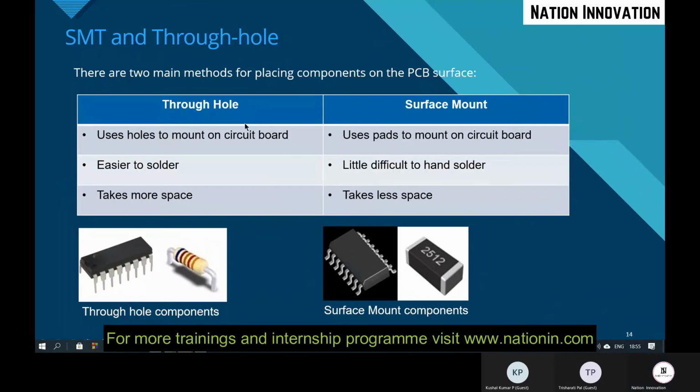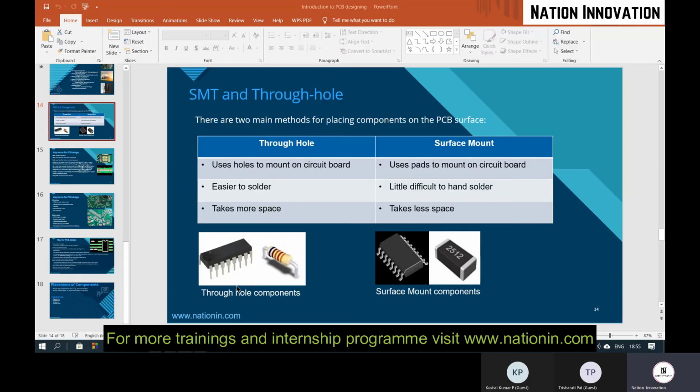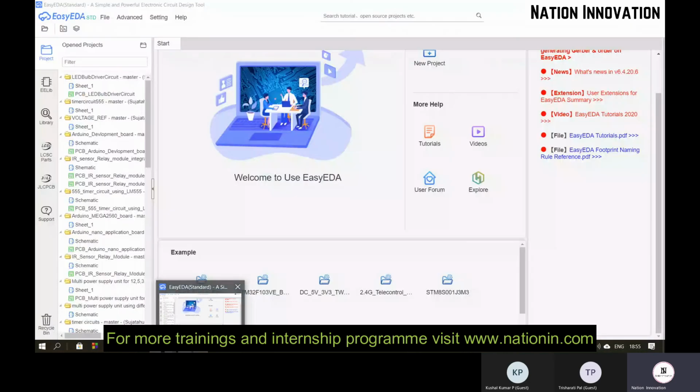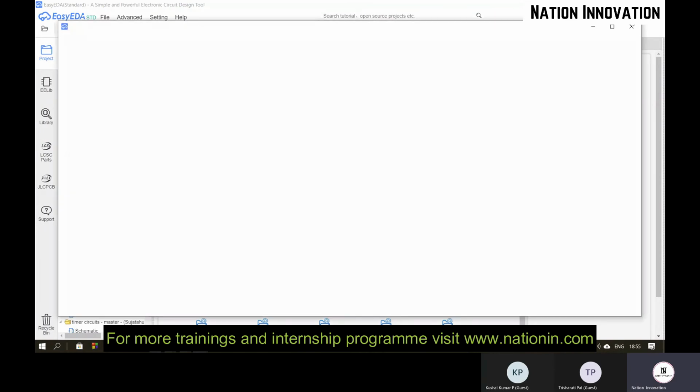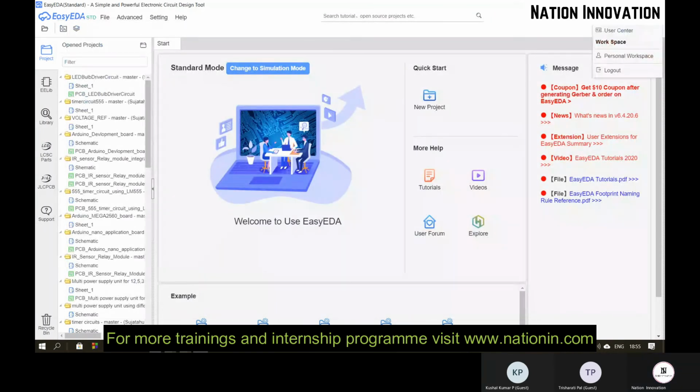So I wanted to teach this after the design part when you start, because you will understand more effectively in that case. You will be watching what the through hole components and surface mount components are there. Let me share my EasyEDA tool here. This is the EasyEDA tool where I have already registered myself. So when you open it the first time, you just need to register using your email ID and password.